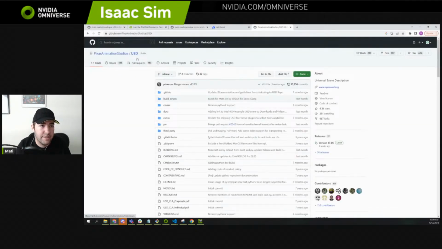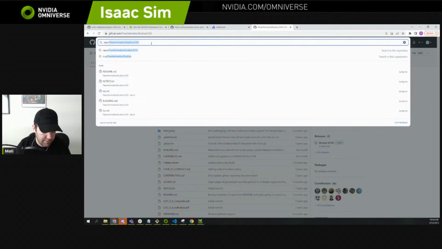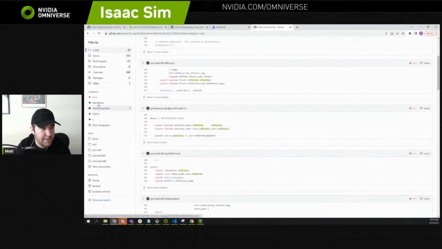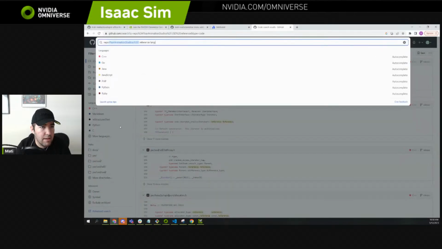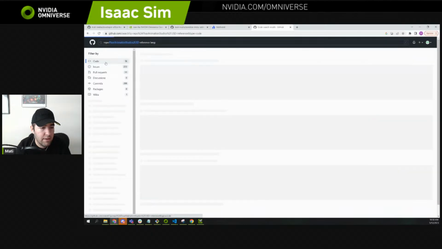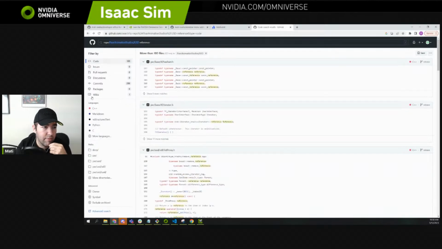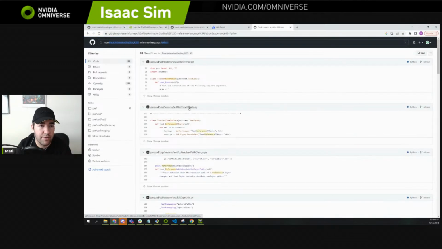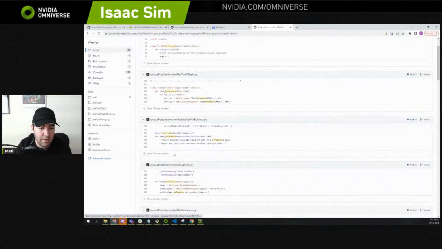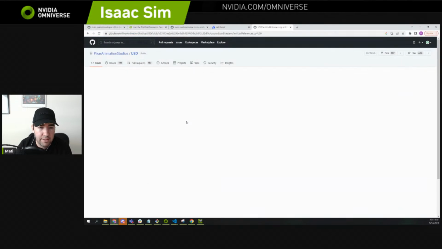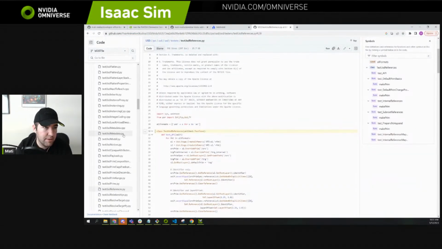Another great place to check is in the GitHub repo for USD. If you search for reference, look at the UI has changed, so it's a little weird. If we look at the Python, we can look at the tests that were written. Test USD reference. And from here,